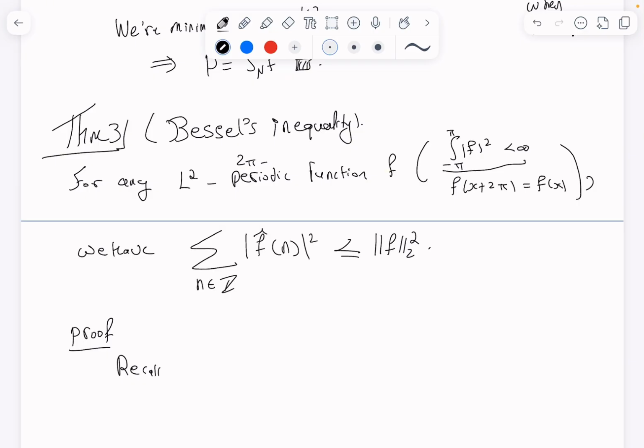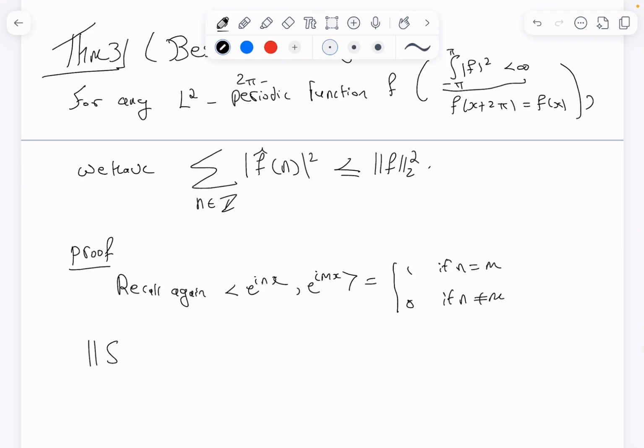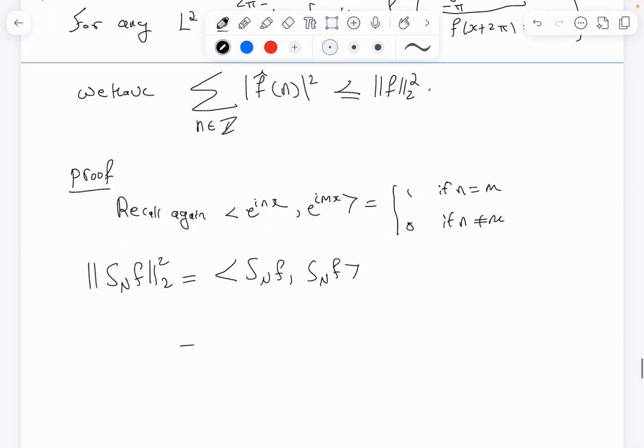Recall again, we have that the inner product of e to the i n x with e to the i m x is 1 if n is m and 0 otherwise. And we're going to use this to compute the norm of this object. So let's first try to see what's the norm of this object here. The norm of this object is by definition the inner product of the object with itself. So recalling the definition of SNF, this is exactly the sum over n less than or equal to N of f hat of n e to the i n x. So this is what s n of f is, and again with itself,